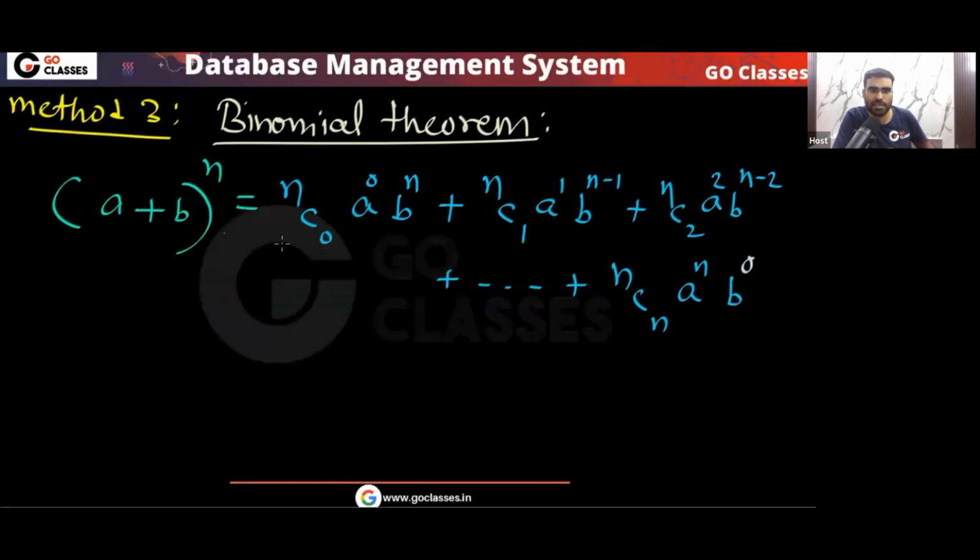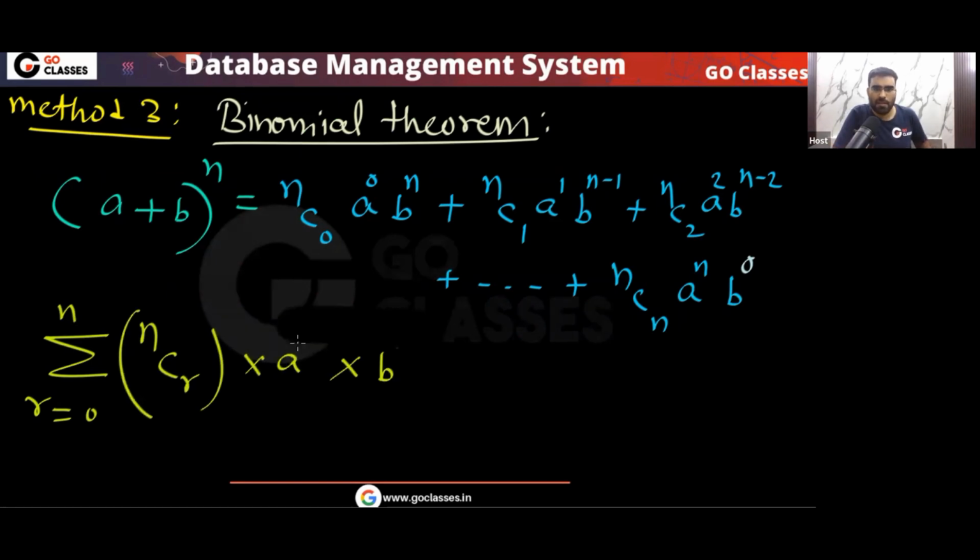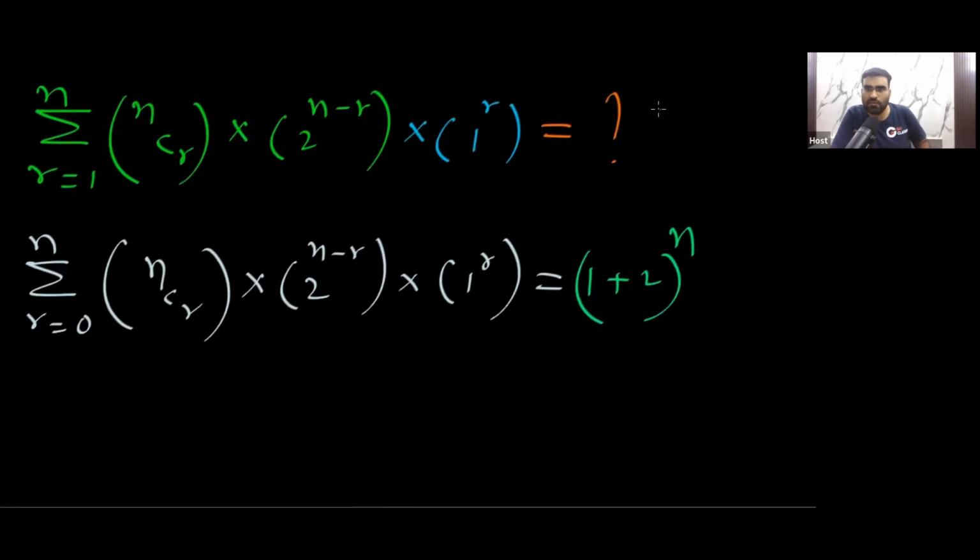Remember, very simple. See, look at this. This is your binomial theorem. In the binomial theorem, if you go from r equal to 0 to n, ncr multiplied by a power r, b power n minus r, this value will be basically (a plus b) power n. Correct? Yes or no? I want to ask you what this value will be. See, (1 plus 2) power n. That is actually equal to